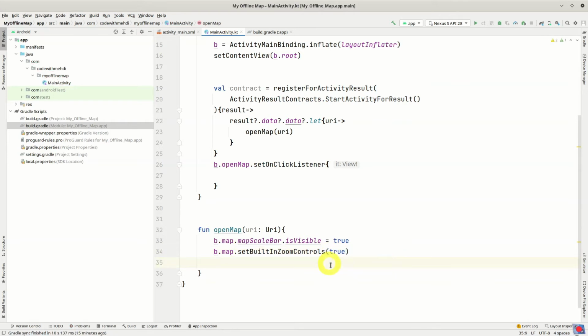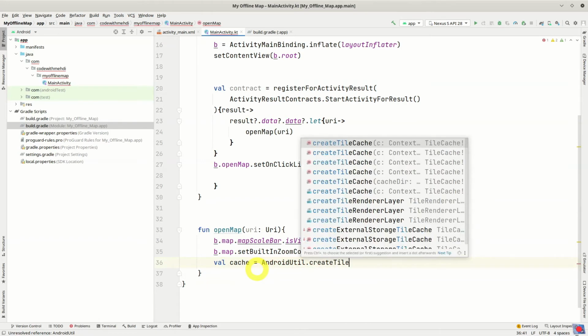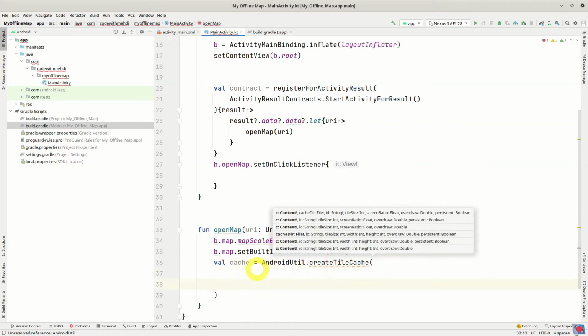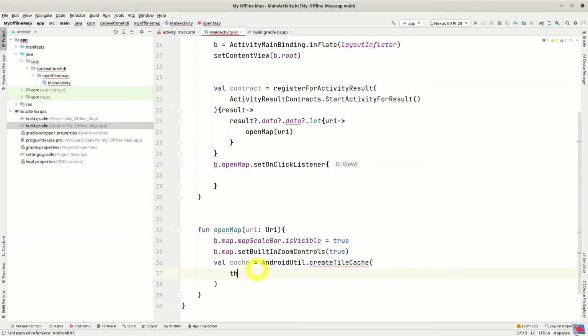Again, I pass in true, and then for the renderer we need a cache. So I create a cache with Android util class. Android util, let's import Android util, and then create tile cache. This needs a context, for which I pass in the context of this class,